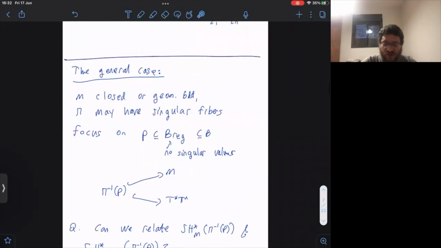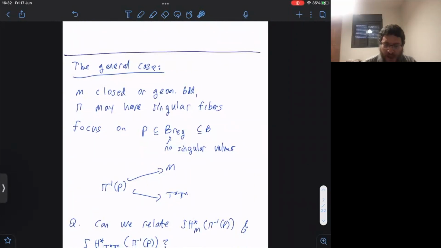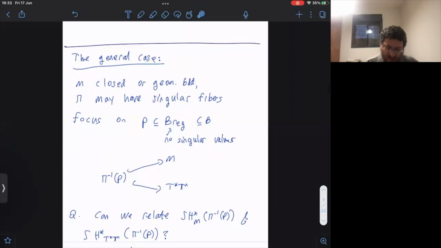Now we want to consider the general case. General case means we have some manifold which is closed or geometrically bounded, and our pi, we allow it to have all kinds of singular fibers. So we want to say, what can we say about relative SH in such a case? First, let's focus on the case where we start out with some subset P which is contained in the regular part. B-reg is my notation for the set of regular values. And we focus on such a thing, and then we have pi to the -1 of